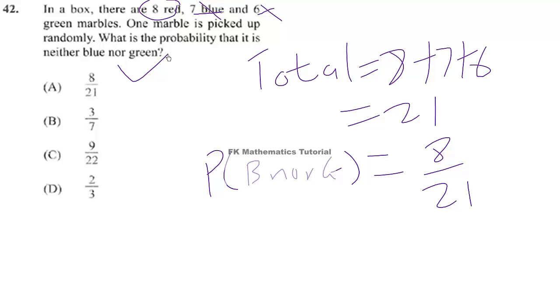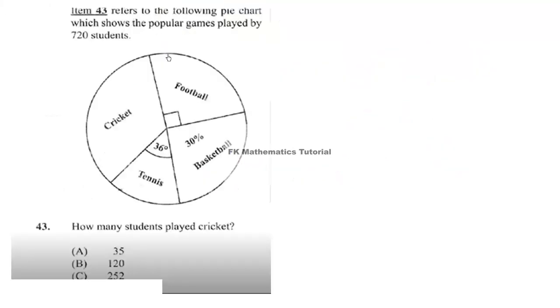Now let us look at question 43. Item 43 refers to the following pie chart which shows the popular games played by 720 students. How many students played cricket? So to find the number of students who played cricket, we need to figure out the percentage, then we multiply by 720. So we know that 30% have